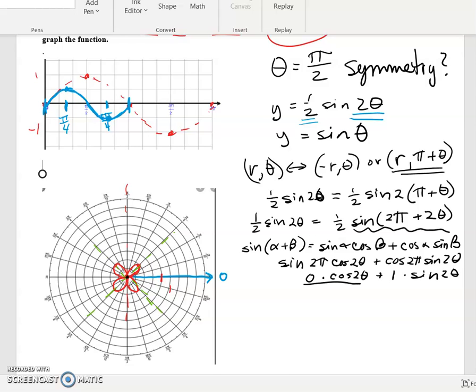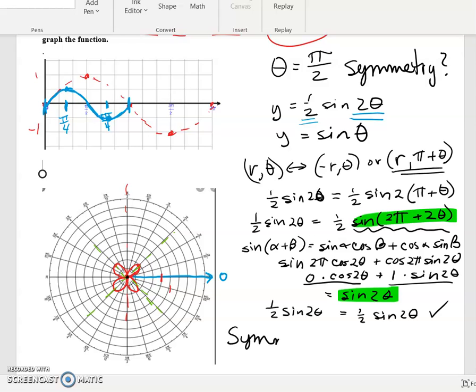So we end up with 0 plus sine of 2 theta, which is just the sine of 2 theta. So the part in the squiggle is equal to the sine of 2 theta, which means they are equal to each other. So 1/2 sine of 2 theta on the left is equal to 1/2 sine of 2 theta on the right, which means that for our symmetry,